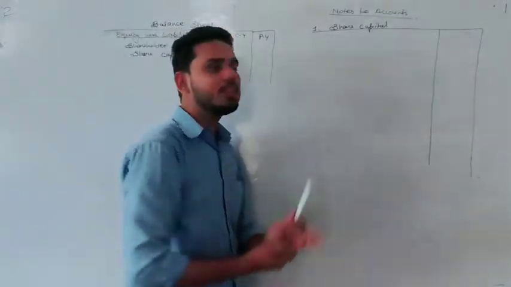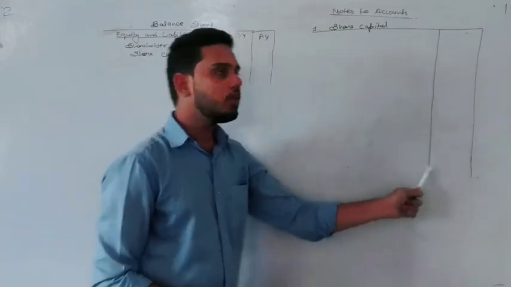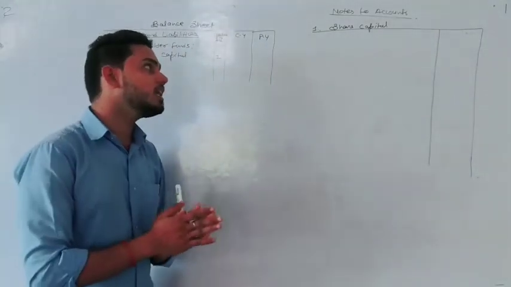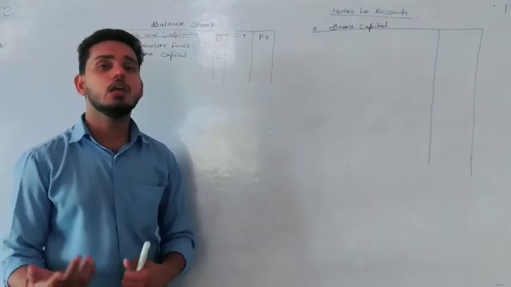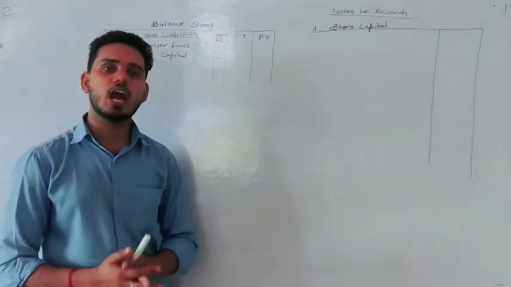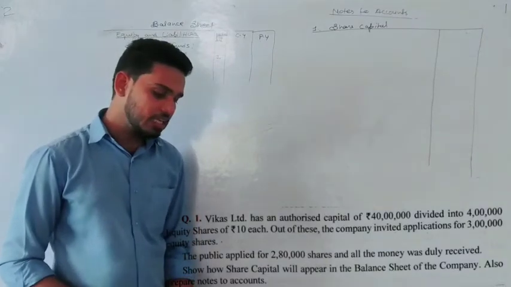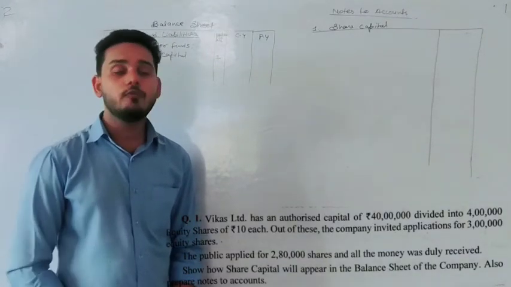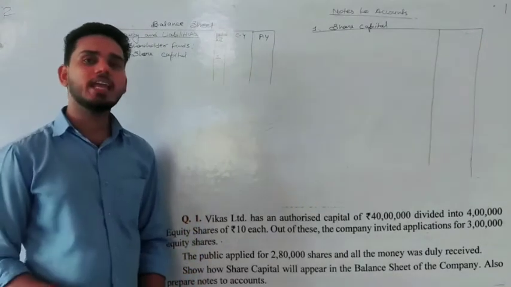First we will write all the details here, then whatever paid up capital we will get, we will post that here. Okay. Now we will understand how we can prepare notes to account of share capital with multiple cases or examples. So let's see our question number 1. Question number 1 says Vikas Limited has an authorized capital of rupees 40 lakh divided into 4 lakh equity